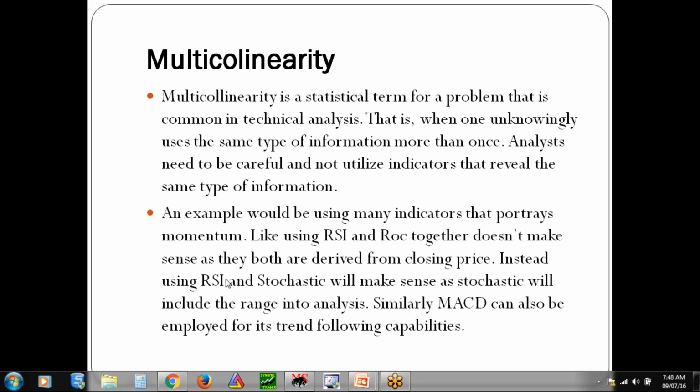And if you are using RSI and stochastics, RSI is derived from the closing price and stochastic is derived from the high-low range. These use different factors for the calculation, whereas RSI uses the closing price, stochastic uses the high-low price. So these two indicators will tell you different things. And when you get confirmation from these two indicators, you can call this a double confirmation. Similarly, MACD is derived from a moving average. So if we can use these three indicators in tandem, then it will make some sense.